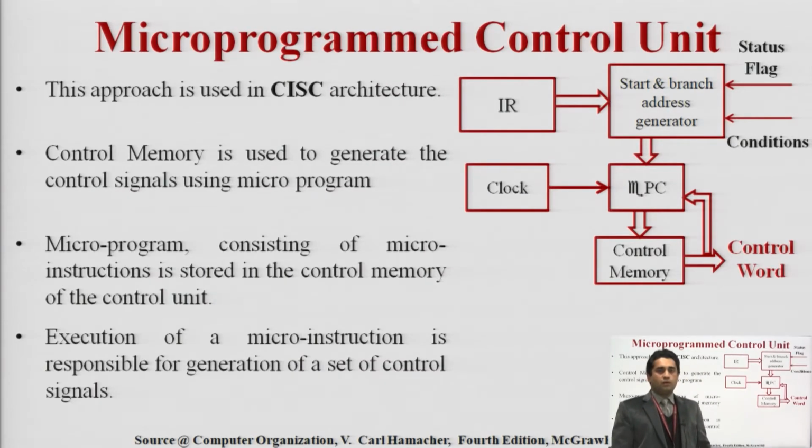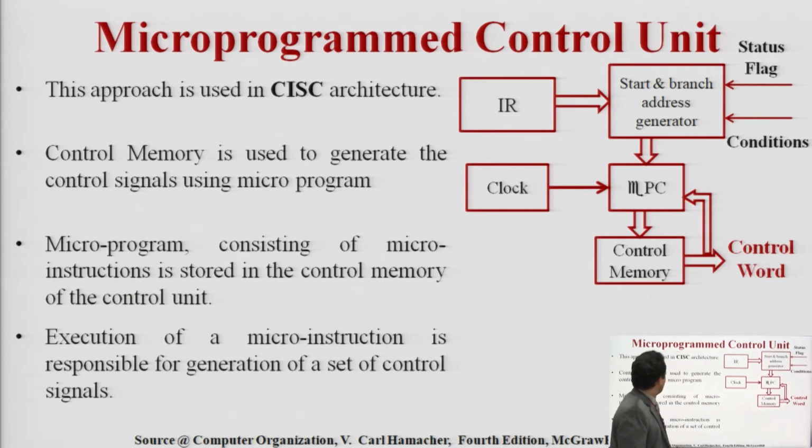In the last class, we discussed the difference between RISC and CISC architecture and hardwired and microprogrammed control units. Basically, complex instructions are used in the microprogrammed control unit, where we have a control memory which carries all the subroutines, all the microprograms. Based on the microprograms, we generate a control word. On behalf of that, control signals are released and the execution is done. We will see all these things in today's class.